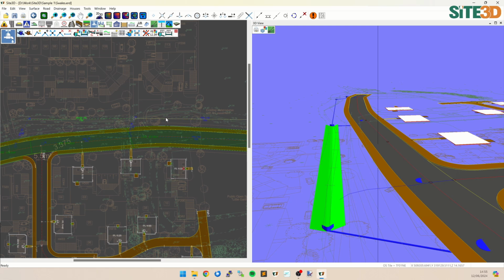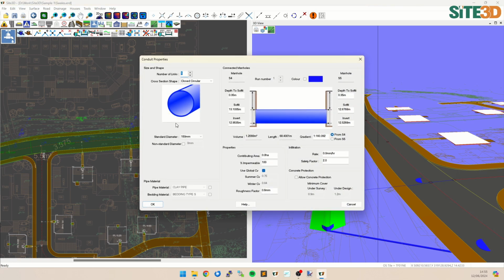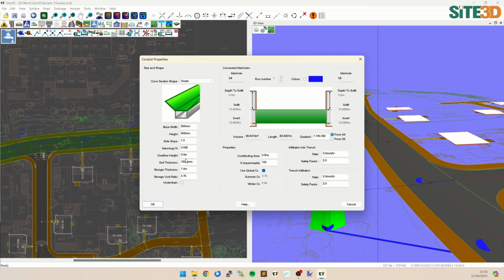In this case I want to have multiple swales, because I actually want a single swale that goes all the way along with multiple sort of side branches that will come in and drain water in all the way along. So I'm going to choose the next section, and then I'm going to change this from a closed circular to a swale. I'm going to set the overflow height to the same height as this, so half a meter. And I've got the same storage thickness, and I want infiltration rate, so I'm going to choose something like 5 meters an hour,